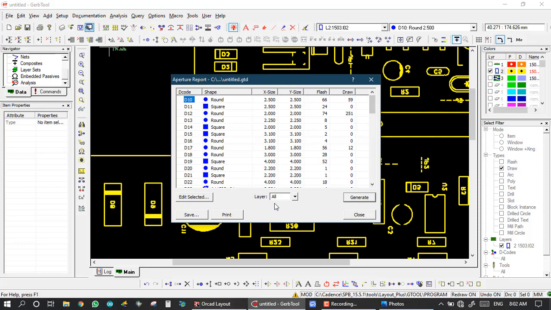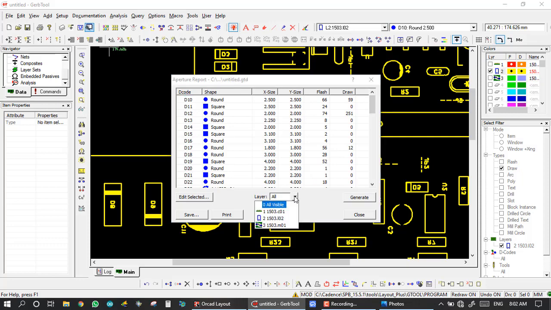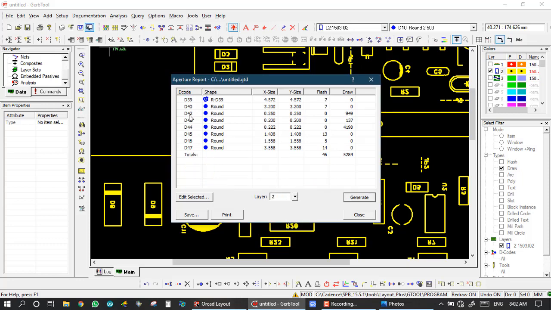First we set one layer. Now we want the legend layer, so I select the legend layer, and we have these D-codes: 39, 40, 42, 43, 44, 45, 46, 47. Our legend layer is made of these D-codes.